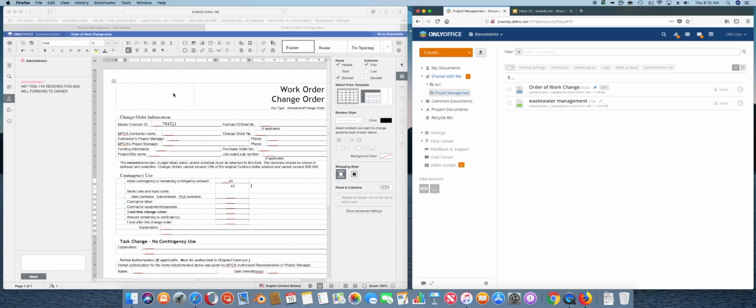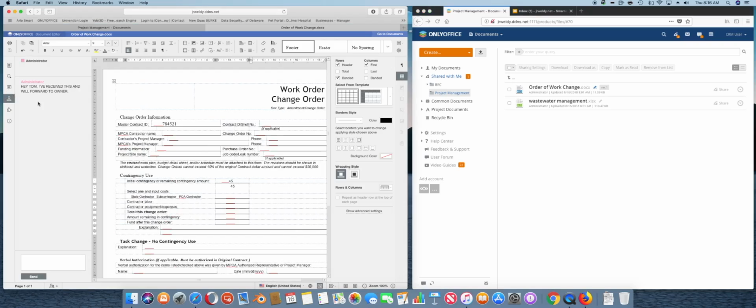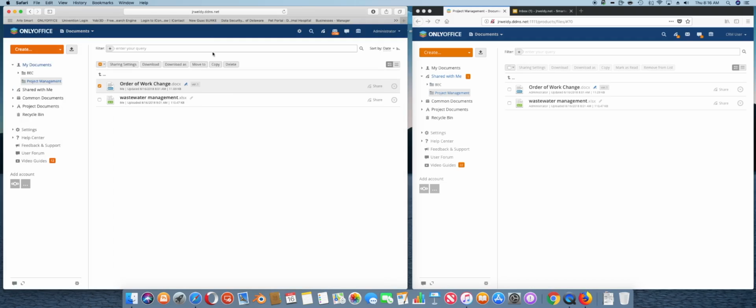Okay, and these text messages, this chat, follows the document whether or not you're in it. It doesn't disappear, and so do the comments. So as long as this document is within your OnlyOffice solution, those comments and chats stay with it, which is really nice. So I'm just going to close these windows out,